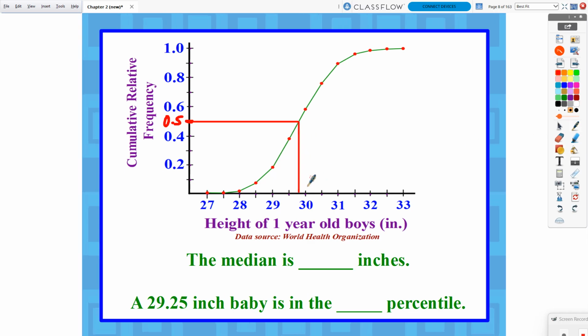And then what I need to do is estimate, because it didn't hit at an exact number there, but it looks like it's in between. This would be 29.5 right here. So this looks like it's roughly almost in between 29.5 and 30. So I could say my best guess is 29.75 inches. Some of you might go, it looks to be a little bit more than that. Could I say 29.8 inches instead? Absolutely. We're just guessing here, right? Based on our best idea of what is in between those two. So honestly, as long as you give me anything that is reasonable in here, then you would get the credit for it. All right, the next question we're going to take a look at